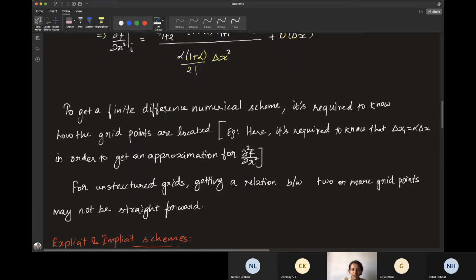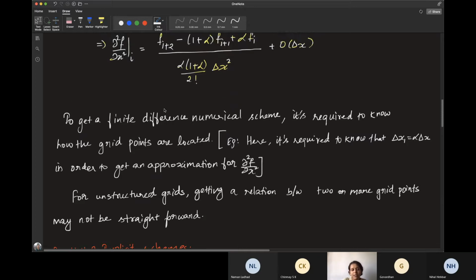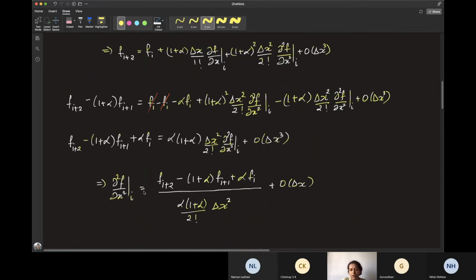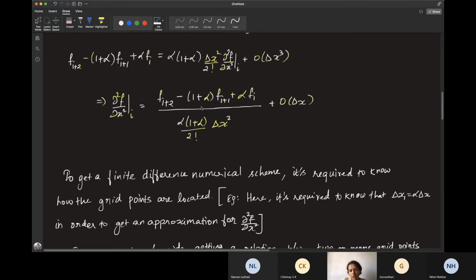The point that we need to note here is that for any kind of grid that you have, if you know the relation between any 2 points in the grid, then you can go about getting the difference expressions for differential operators, with some order of accuracy. You can approximate your differential operator by some difference operator of some order of accuracy, not just this specific second order differential operator. You can also approximate the third derivative, the fourth derivative, etc., anything.